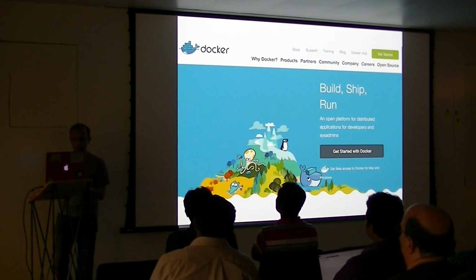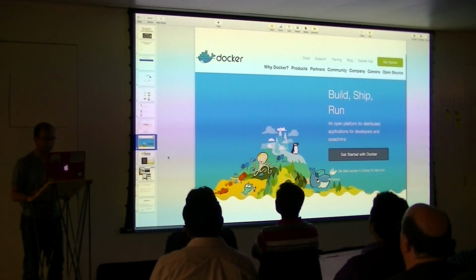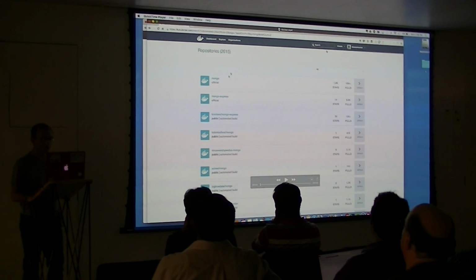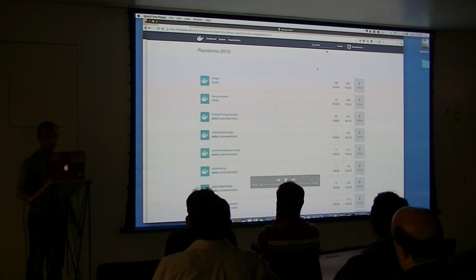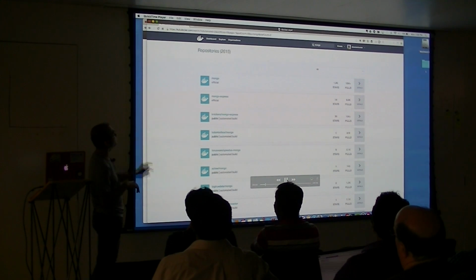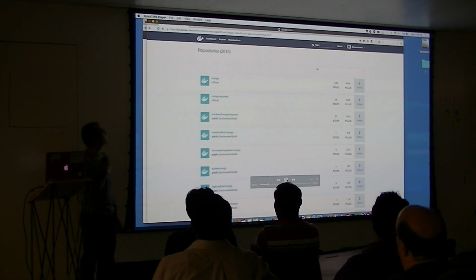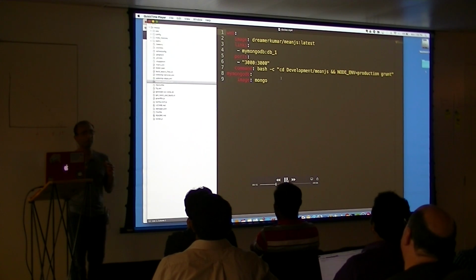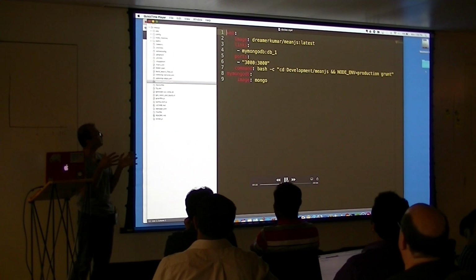So I'm going to give an example of that here with the MEAN stack. All right. So here you can see this is a Docker Hub. So here there's an existing image for MongoDB. There's an existing image for MEAN.js as well. So now all you need to do is just download those containers, and this is my simple Docker Compose file where I'm specifying the images I want to use, and there's some startup command that I want to run when